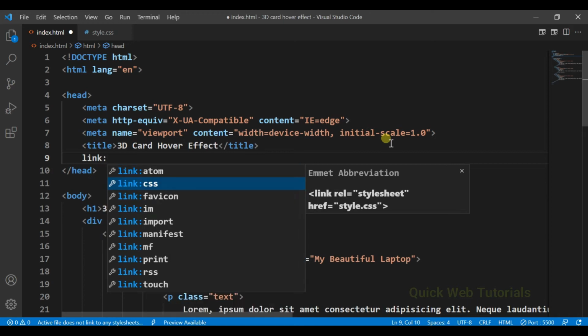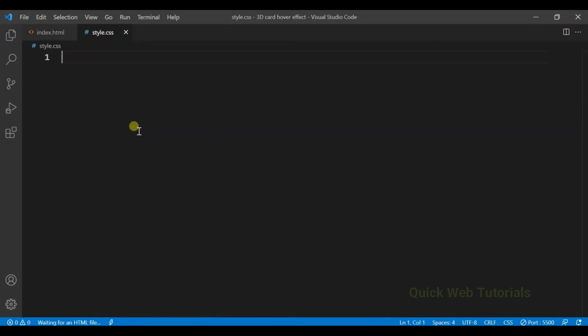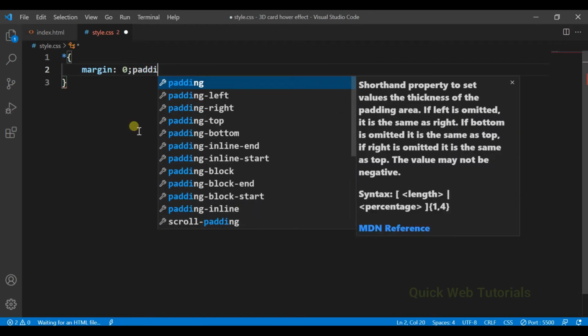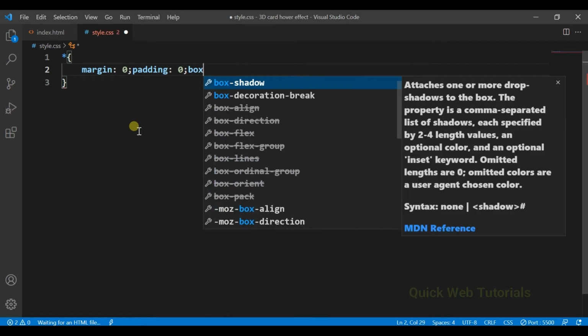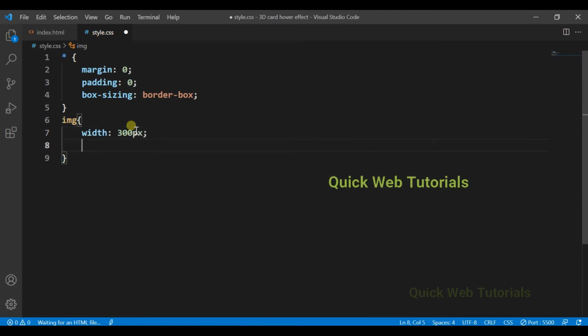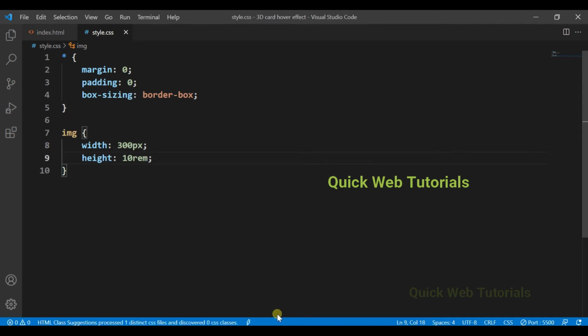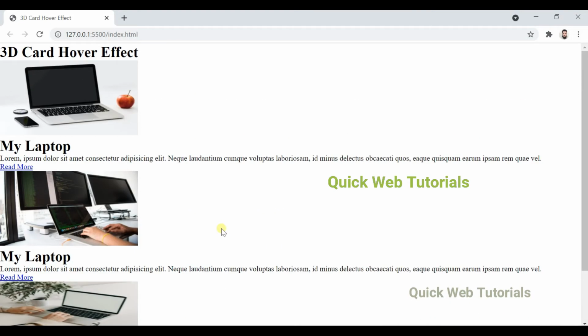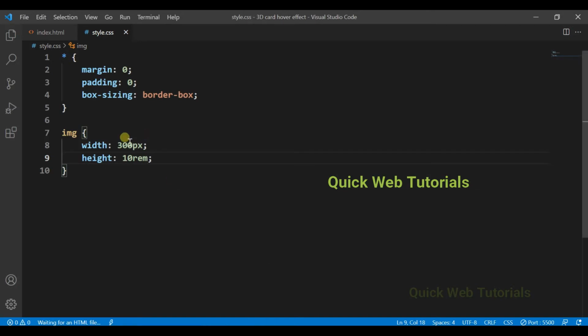Now we will style it in our style sheet. Let's link it. First of all, we will remove the default margin and padding and set box sizing. Then give some width and height to our image tag, so we can see that. Don't worry, we will change this height and width later in our tutorial.